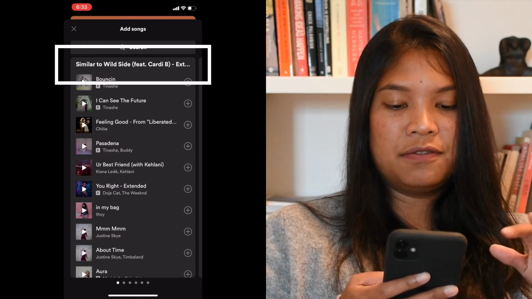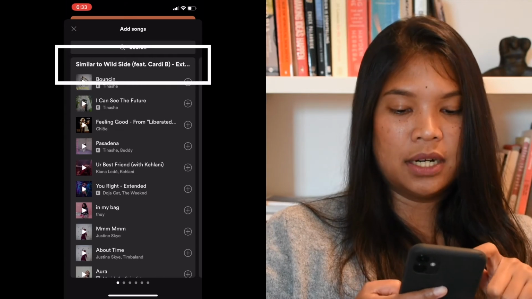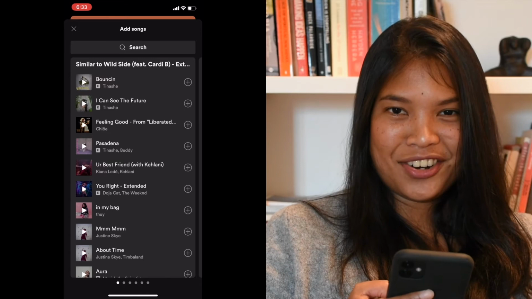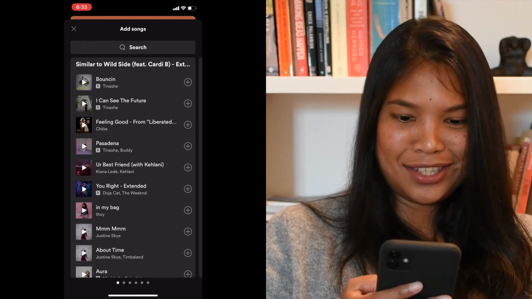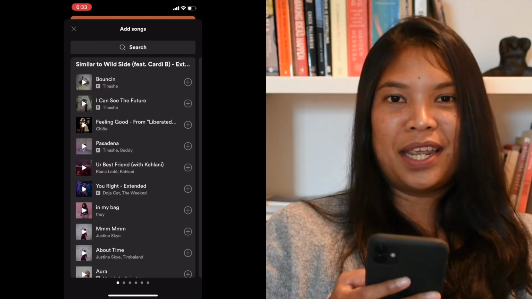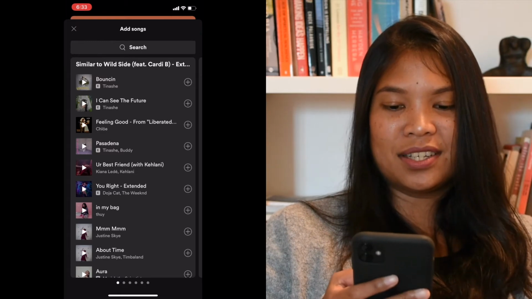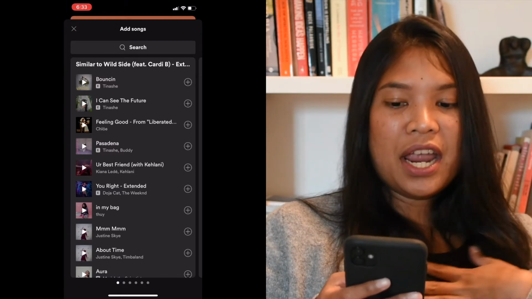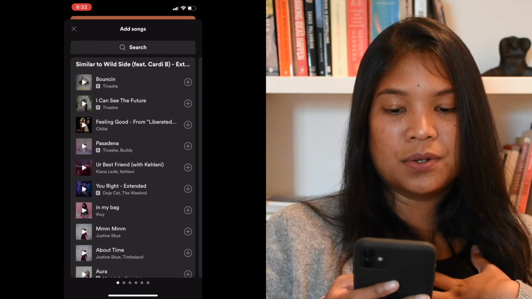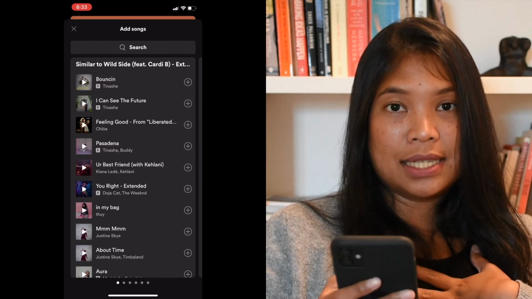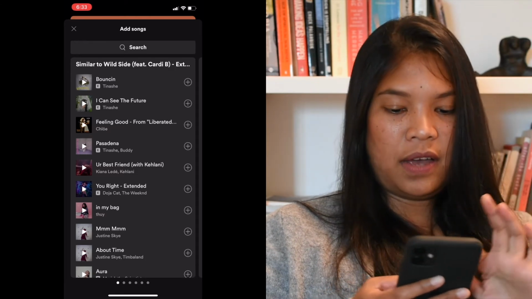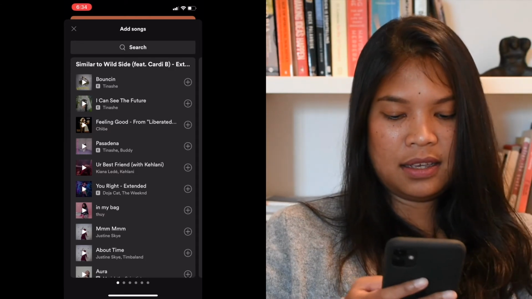And it changed from suggested to similar to Wild Side. So it's taking that information and being smart about it. Let's not keep putting suggested songs that the user might not like. I already typed in Wild Side, so now it changed from suggested to similar songs. I love that feature. And so I'm going to go ahead and add,